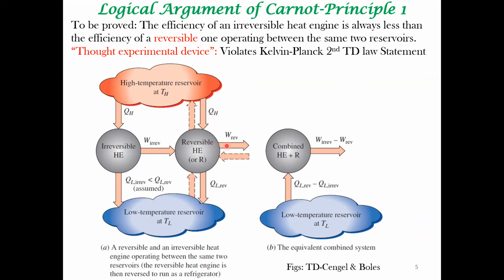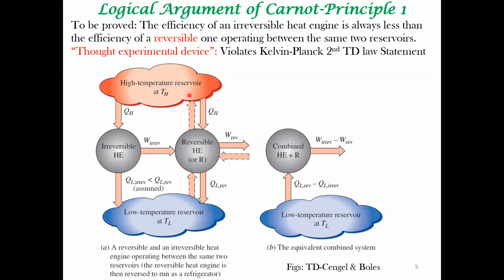Instead of work obtainable from a heat engine, this is a refrigerator. R denotes a refrigerator. There's a work input into the refrigerator. Again, a first law balance would tell you that QH is the heat that is given to the high temperature reservoir. So what does a refrigerator do? It takes up heat from the low temperature reservoir, and utilizing the work input, it transfers heat to the high temperature reservoir.